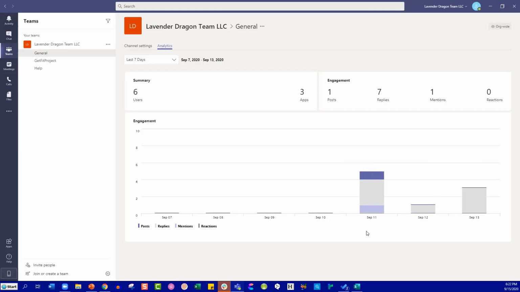Sometimes it's helpful if you're trying to look at, how come nobody's responded to a message, or I'm a team lead and I need to look at productivity. Sometimes you're just a nerd like me and you want to see what's going on. And then of course you can go back 90 days, 30 days, and 7. You can also look at it organization-wide. Now that would be more for the team's owner. Most organizations aren't going to let individuals look at organization-wide statistics.